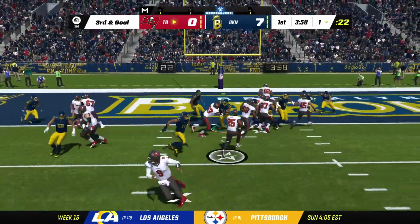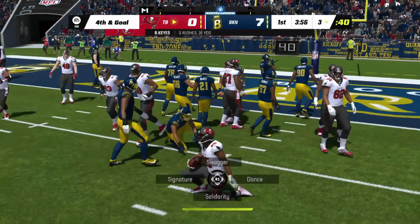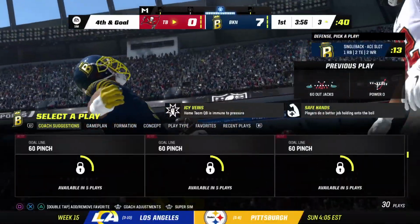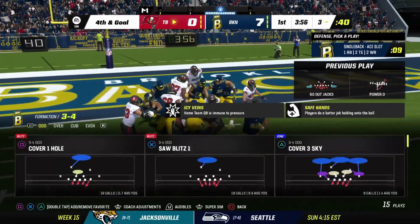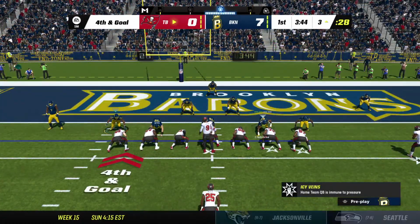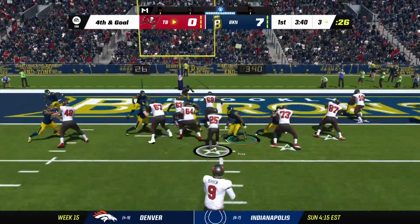Now a handoff up the middle. Keys. And that one going nowhere from the start as he's met in the backfield and goes backwards. That'll back him up 2 yards and also bring up 4th. That's a really alert defense there because they saw the heavy look come in from the offense, countered it with extra linebackers who brought a little bit of speed and heft, and able to really make...